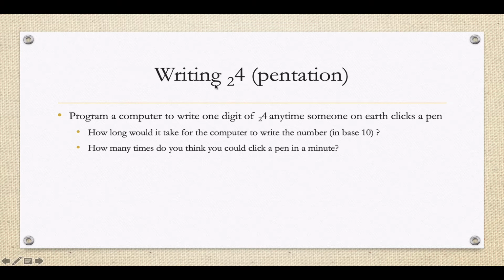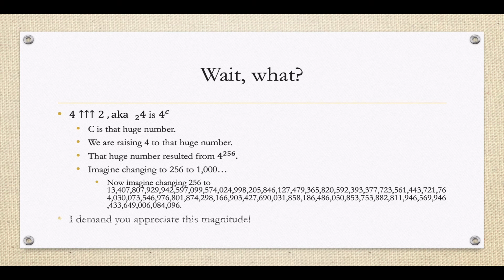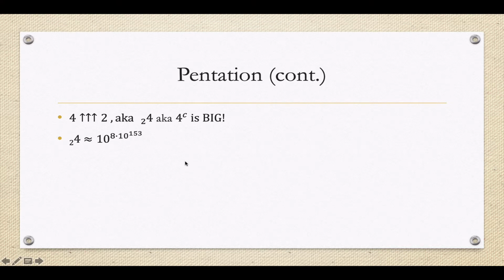around. So what I want to do in this video is really show you, maybe impress upon you, the enormous size of the number that results if you do pentation with a 4 and a 2. In the last video, we calculated that to be, well, we didn't really calculate it to be anything. We said one way you could write it as 4 raised up to this ridiculous power. That doesn't really help. Maybe a better way to write it, a way that we'll reference more in this video,